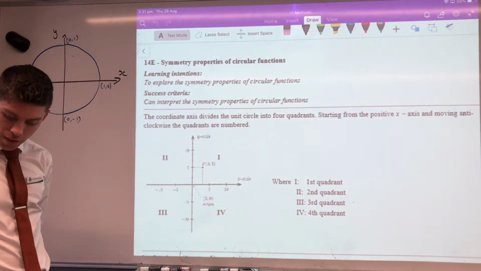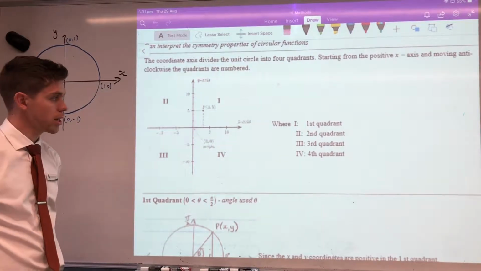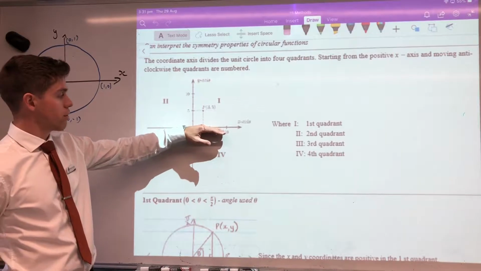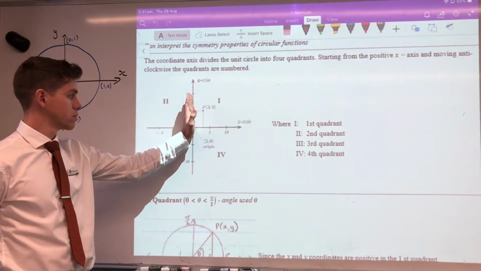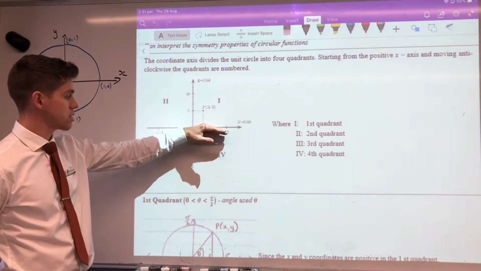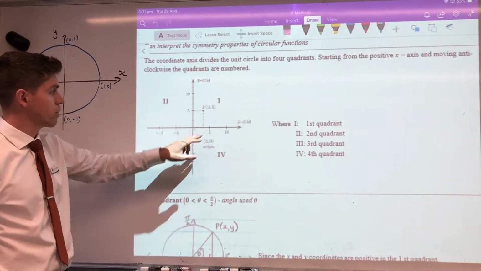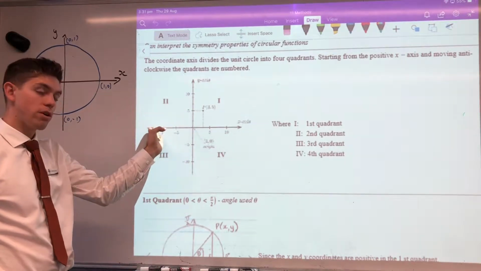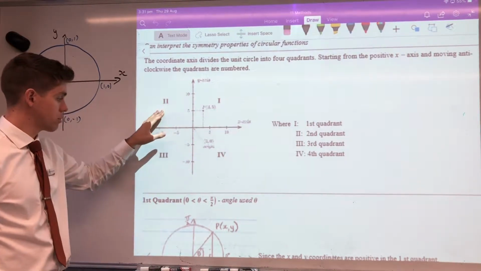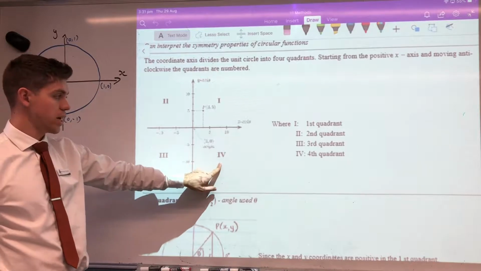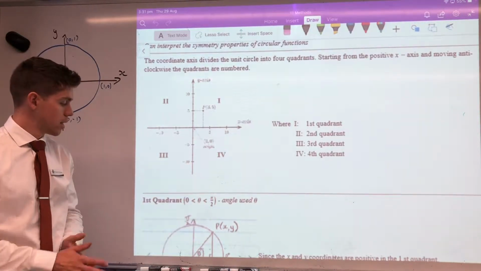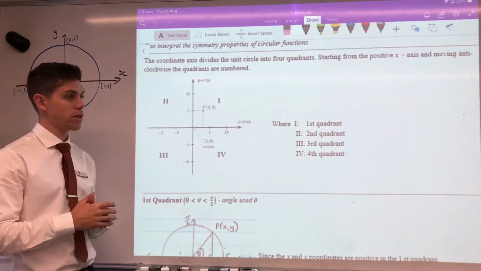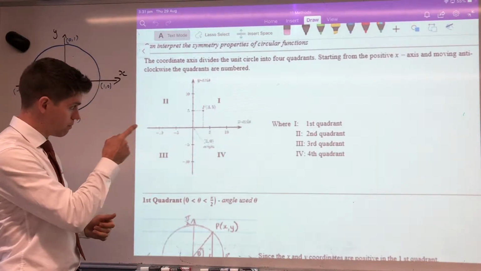So to kick things off, we're going to introduce the idea of the quadrant system. Starting at 0 degrees, from the x-axis to the y-axis, through 90 degrees or pi on 2, we have quadrant number 1. From 90 degrees to 180 degrees, or from pi on 2 to pi, we've got quadrant number 2. Likewise, quadrants 3 and 4. And we're going to look at the properties that each of the circular functions have in each of the 4